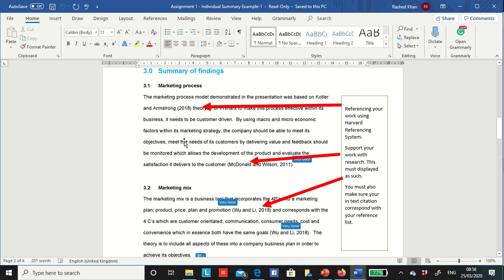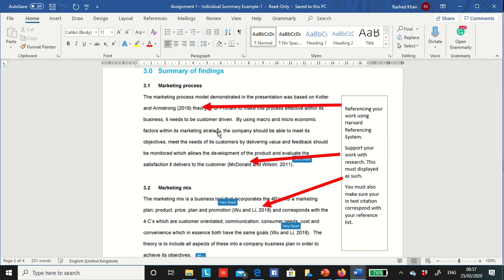First of all, you'll have to think about referencing. Definitely it's Harvard style of University of Bolton. You'll have to mention in-text citation within your text, where you have to show the evidence of your academic writing, where you have got these from. You have to mention the source.